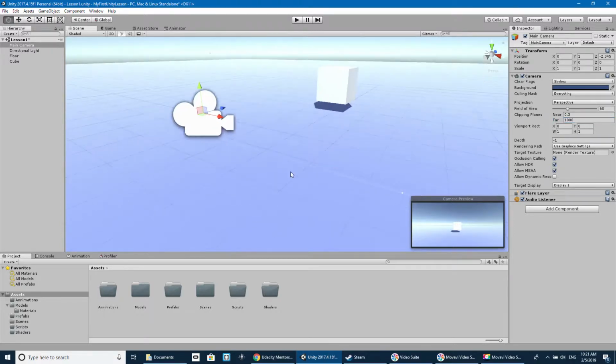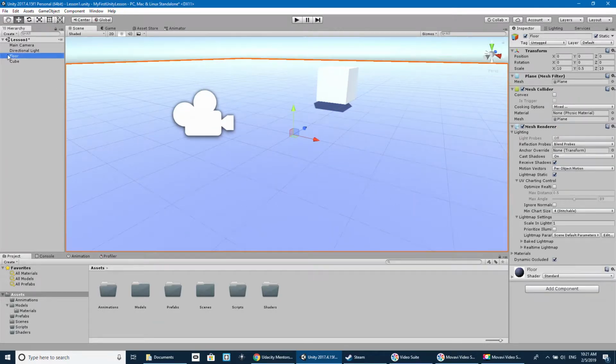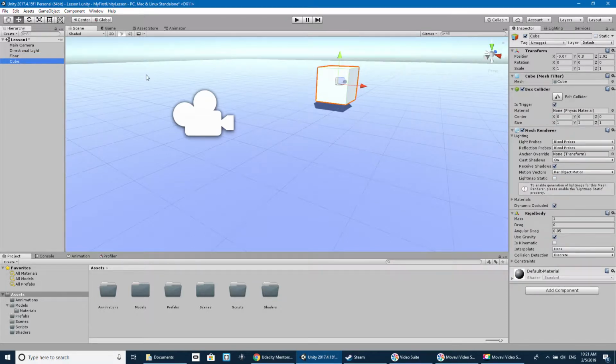And then another thing, I like to give stuff meaningful names once I know what they are. Right now this cube is just a cube and nothing else, so I'm just going to keep it as Cube. So now if I go to my Asset Store,